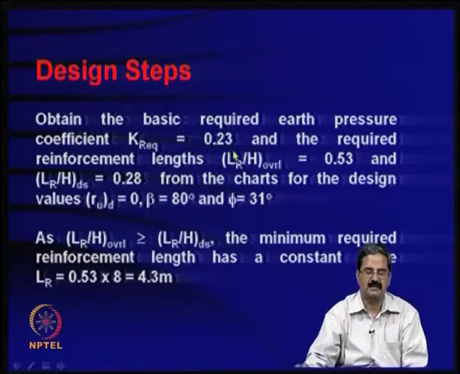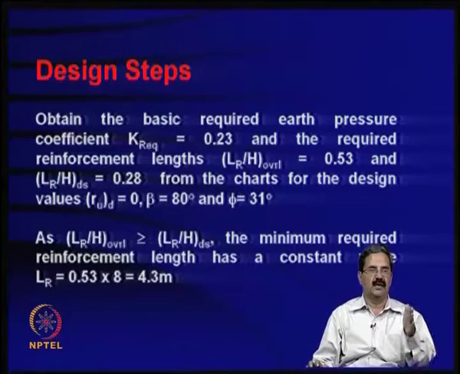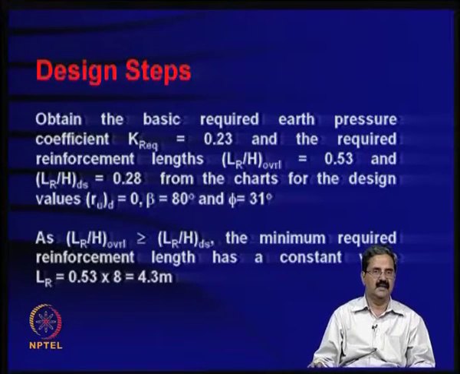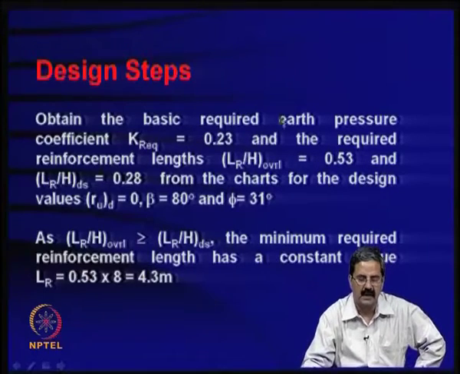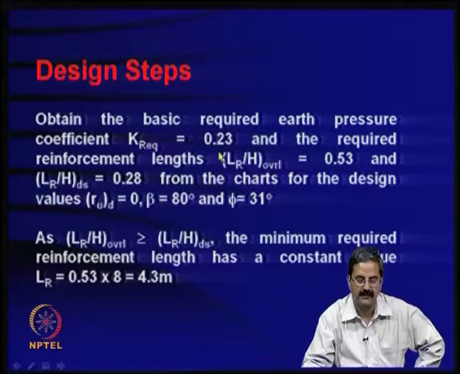If you remember, I just mentioned that if it is vertical and phi is 30 degrees, it is 0.3 or something like that. It is a little less here, as the slope angle is 80 degrees. So, required is 0.23, and we also see the charts for the same thing, and 0.53 and 0.28 for the design charts for RU equal to 0, beta equal to 80 and phi equal to 31. Slope angle is a little higher. So, what it means is that